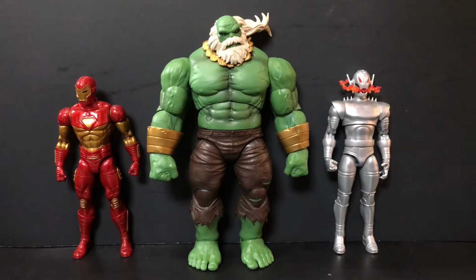But funny story about Maestro and Ultron here. That was kind of my first exposure to this character, Old Man Hulk. I'm not sure if they called him Maestro or not. It's been years since I've seen it, but it was a direct-to-DVD animated movie about the children of the Avengers who had to go up against Ultron, and Old Man Hulk was there, and I want to say Iron Man was there. Maybe Doctor Strange too, I'm not sure, but it was a pretty cool movie if you're into that,